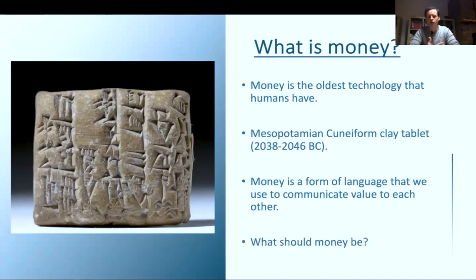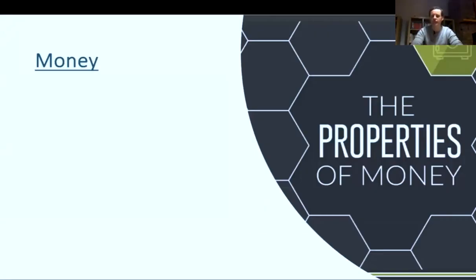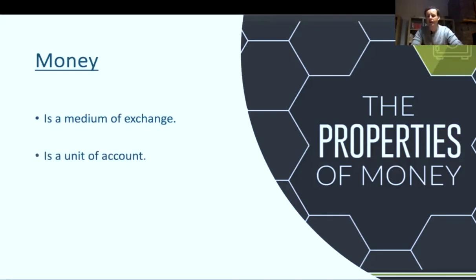So the place I'd like to start is, what should money be? And in each section of this video, I'm going to compare our traditional financial system to Bitcoin. So to begin with, money has many advantages, such as that it's a medium of exchange or currency, and it eliminates inefficiencies of bartering that we used to have. It's also a unit of account, so it facilitates valuation and the calculation of things. And finally, it's a store of value, so it allows economic transactions to be conducted over long periods of time and long or large geographical distances.